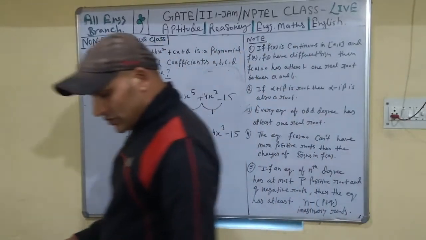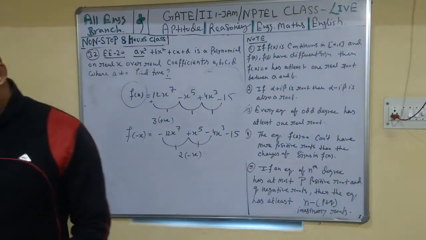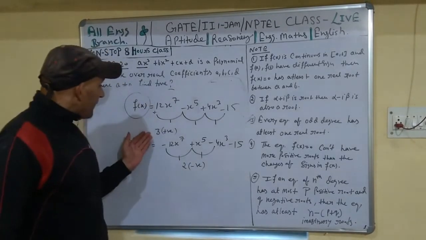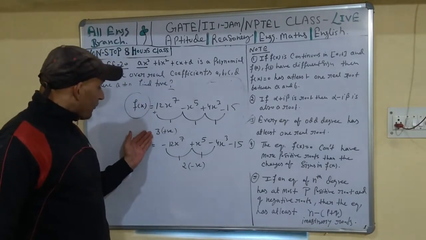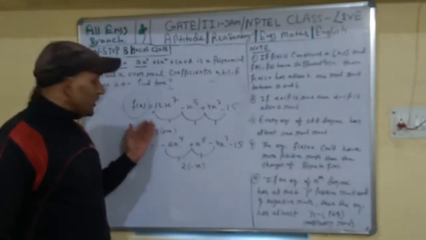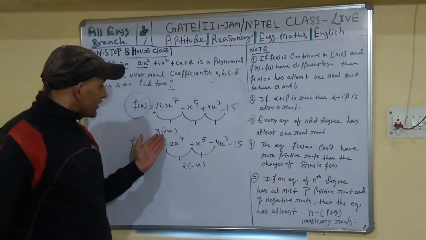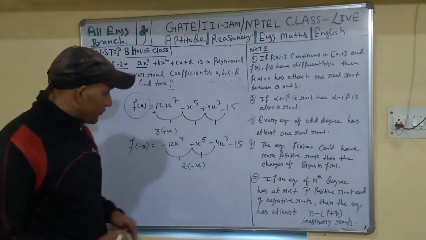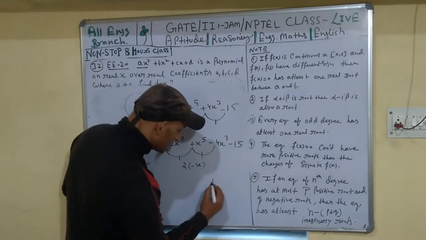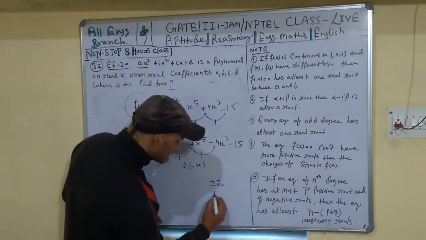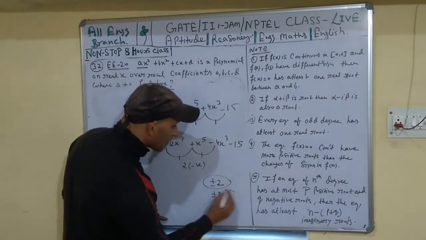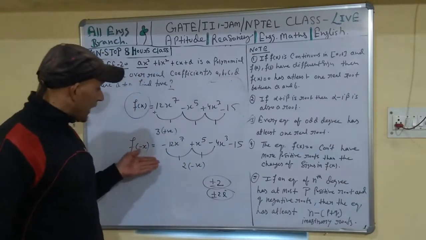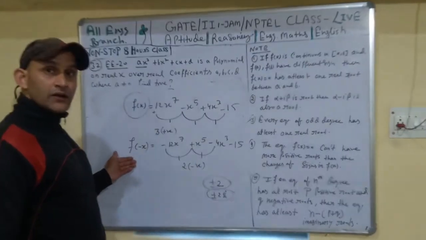So it cannot have more than 2 negative roots. It means that it will have at most 3 positive roots. This polynomial cannot have more than 3 positive roots. This polynomial cannot have more than 2 negative roots. The roots may be complex or real, I don't know, but the total number of positive roots is at most 3 and the total number of negative roots is at most 2.